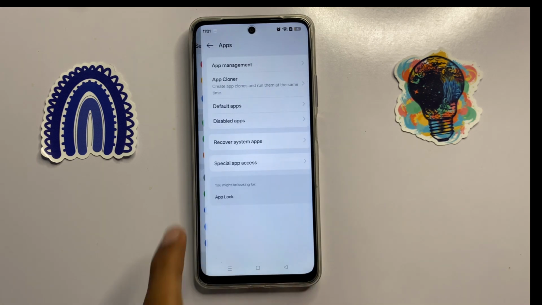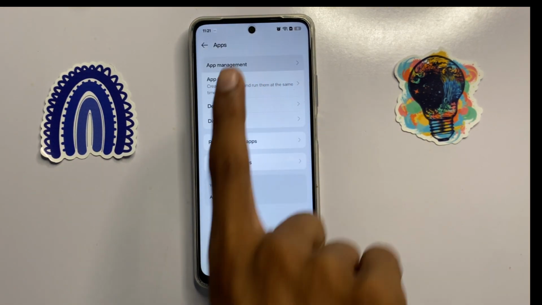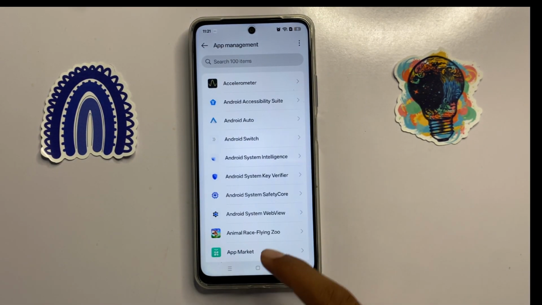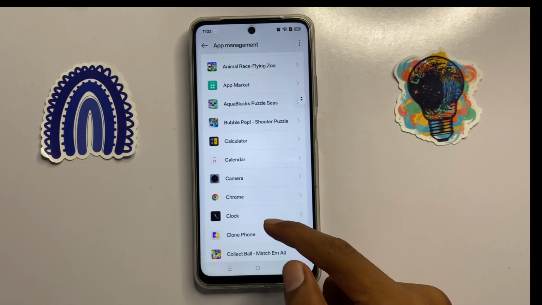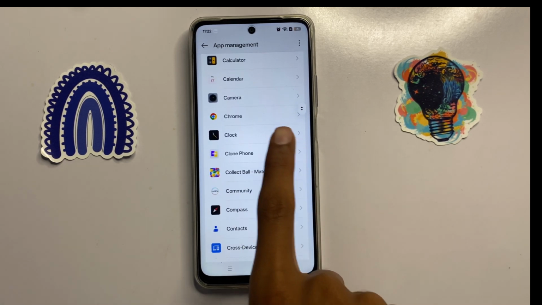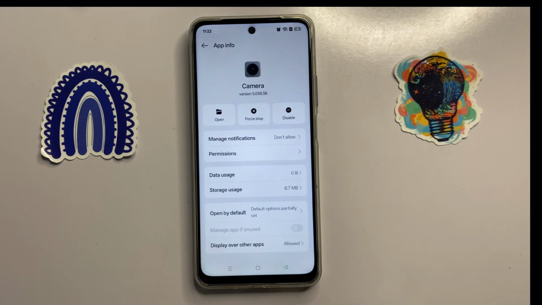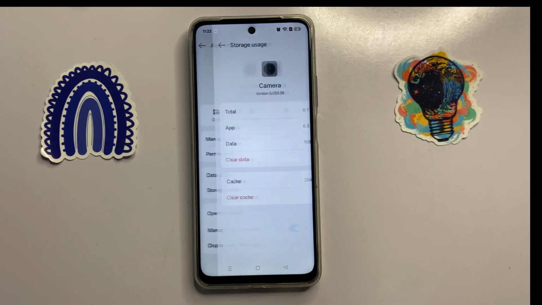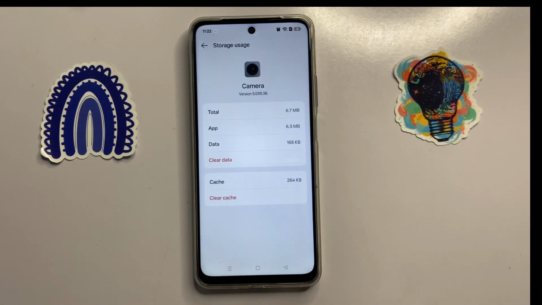Now click on apps and then click on app management. Now scroll down and here you can see the option camera. Now click on camera and then click on storage usage. Now here you can clear the cache memory of your camera. After clearing the cache memory, then go back